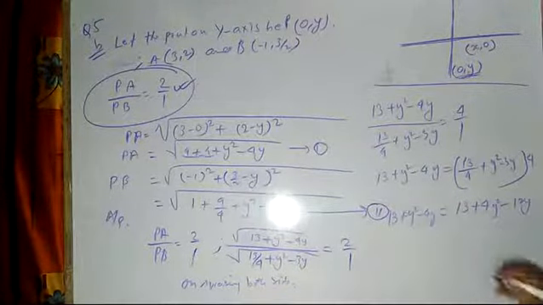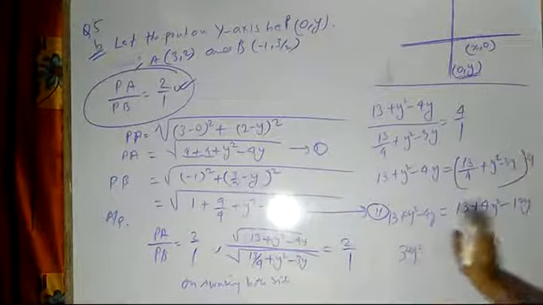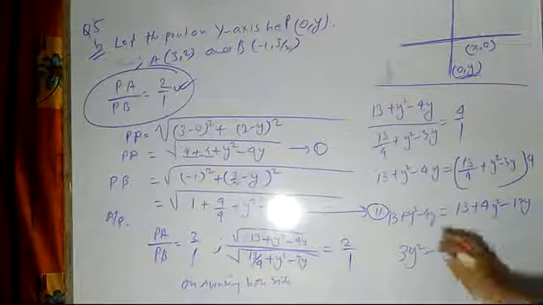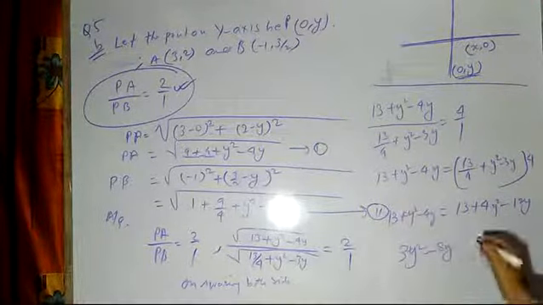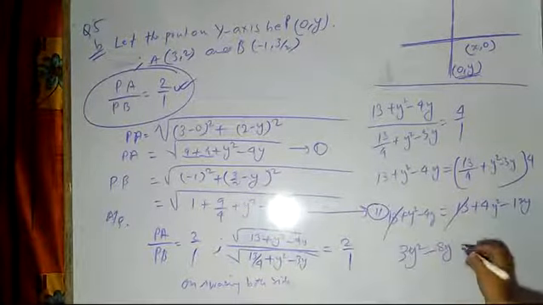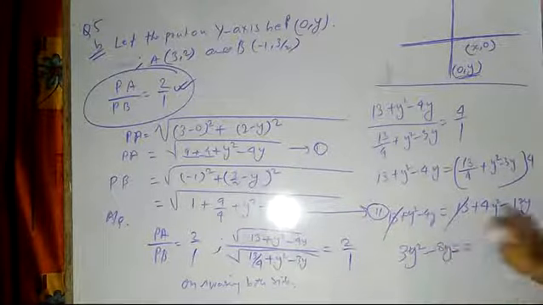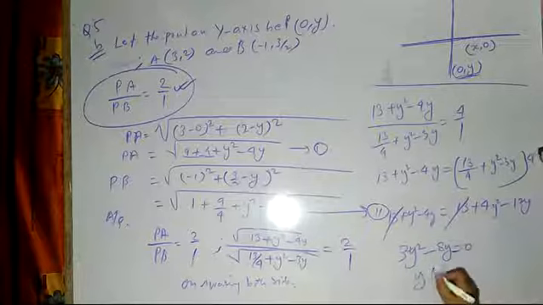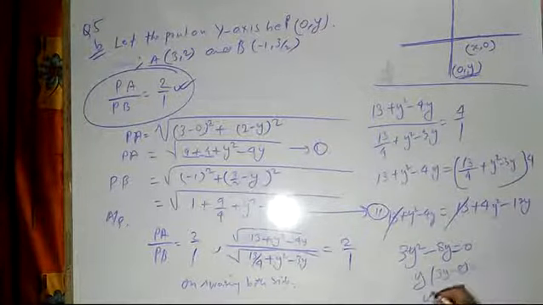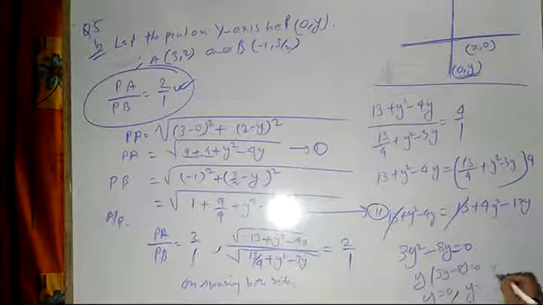Now if I solve, this will be in the form of a quadratic equation. It will be like 3y², this will go this side, then we are having −8y, then 13 cancelled, plus 13 minus 13 cancel, so both sides plus cancel, is equal to 0. Yes or no? So y I will take out common, so I will be having y(3y − 8) is equal to 0. Either y is equal to 0 or y is equal to 8/3.